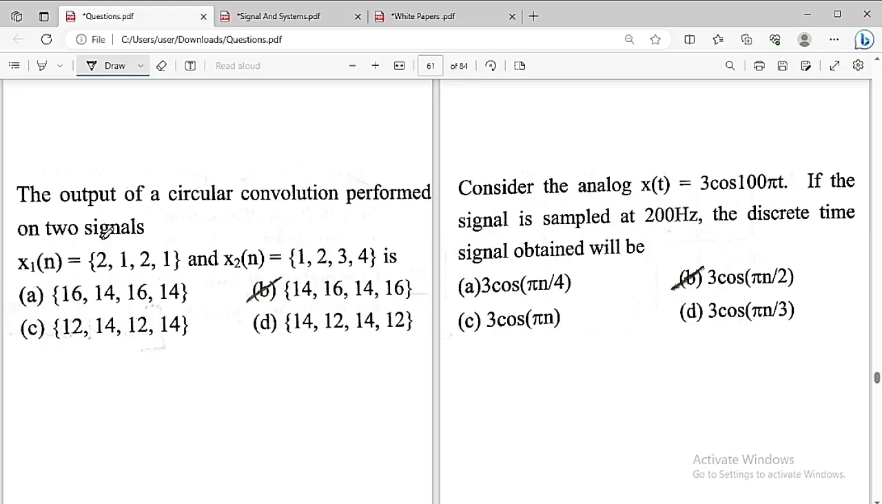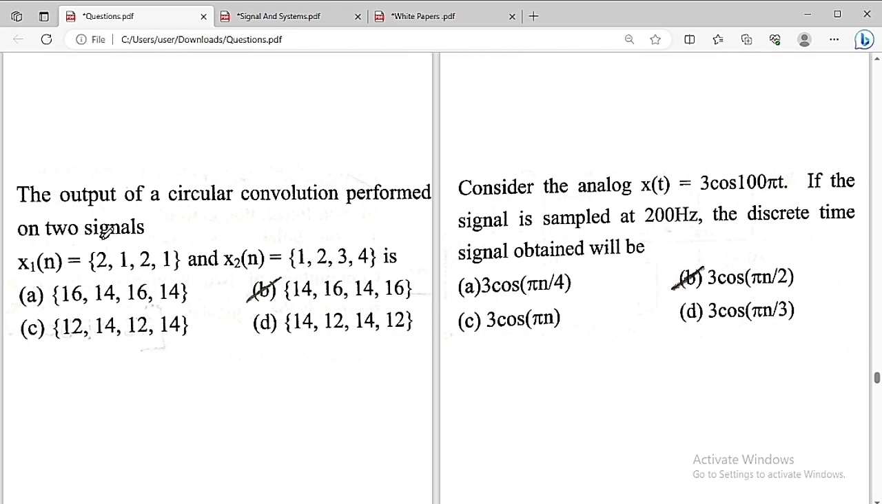Now we are going to discuss another question. The question is: what is the output of a circular convolution performed on two signals? x1 of n is given as 2, 1, 2, 1, and x2 of n is 1, 2, 3, 4. So basically, they are giving two discrete time signals